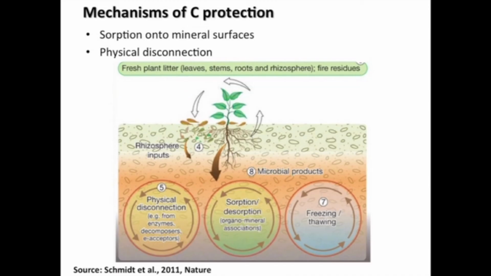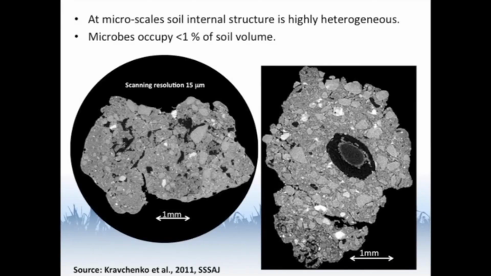Okay, so how can that carbon be protected? And so how can we reduce decomposition? Recent studies showed that essentially the microbes can decompose anything they can get their hands on. So the only truly effective way of protecting soil organic matter is by physical disconnection, physical barriers, making carbon inaccessible to microbes. You might wonder how that could be possible, since the number of microbes in a gram of soil is like 10 to double-digit numbers. In fact, microbes occupy just less than 1% of soil volume, and